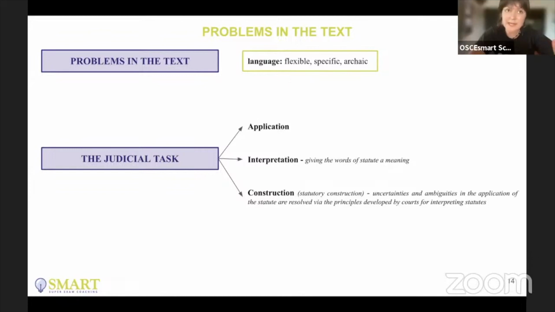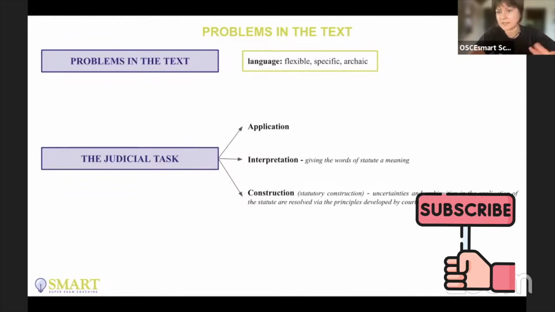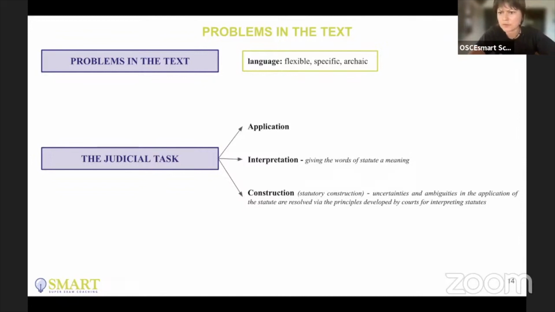So when we say that the judges can produce law in the form of judgments, in the form of some ratio, they also interpret the law, which already is made by Parliament. And their task is actually in application of that law, interpretation and construction. If you can a little bit tell us about those three points, especially what is the difference between interpretation and